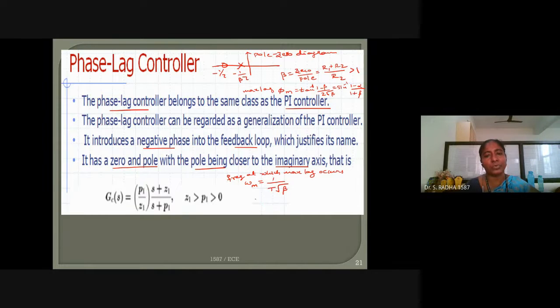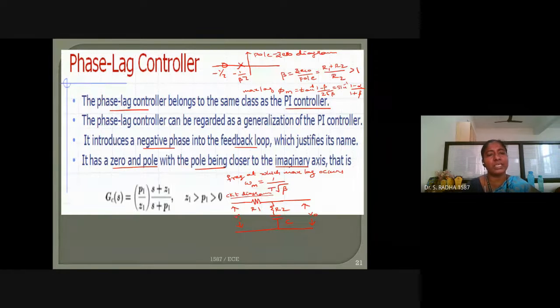Coming to the circuit, you remember the circuit? R is in the series path, and in the parallel path we have R2 and C. This is the circuit diagram of the lag compensator. This is the output voltage, and on the other side it is the input voltage. Only this slide you have to remember in the case of the lag compensator. The previous slides of lag are just for background understanding.